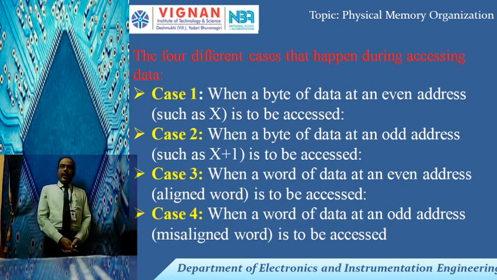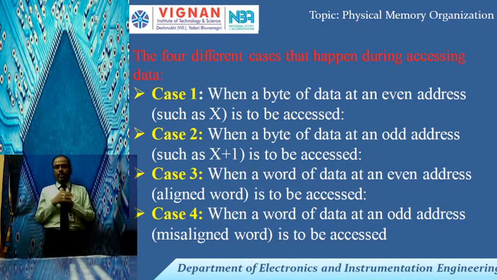Generally, the 8086 microprocessor can perform operations on byte data or word data. Byte data is 8 bits, and a word is 16 bits, that is 2 bytes. As I told in the last classes, a bit is only one binary digit, 4 bits is called a nibble, 8 bits is called a byte, and 2 bytes or 16 bits is a word.